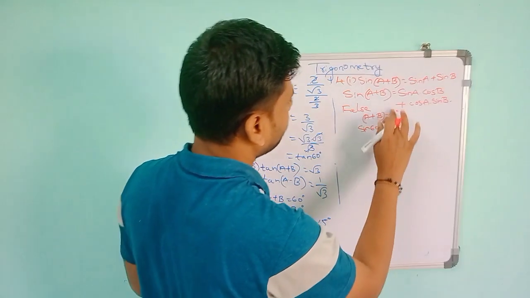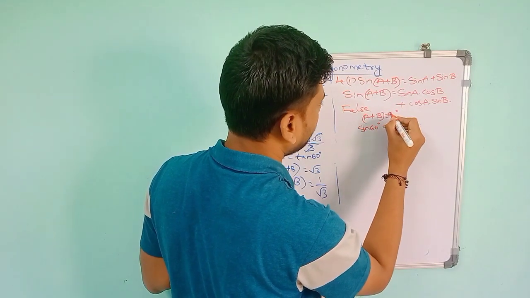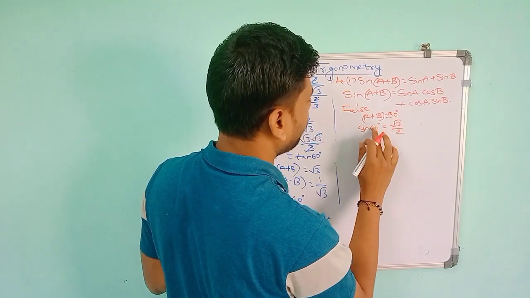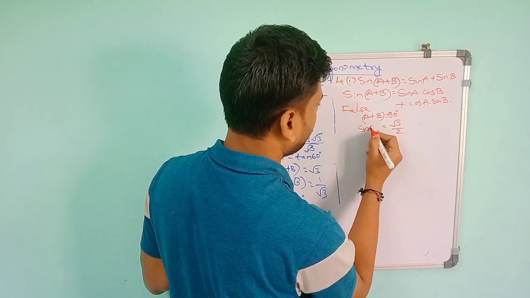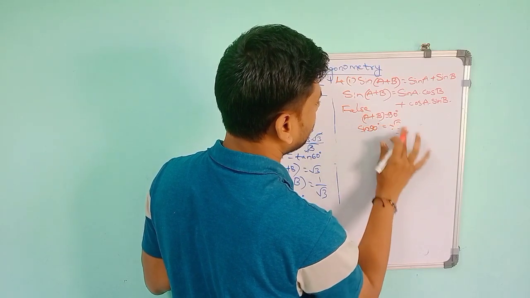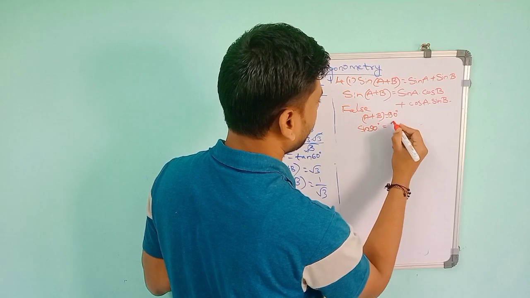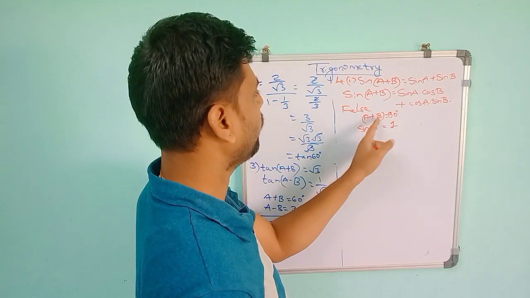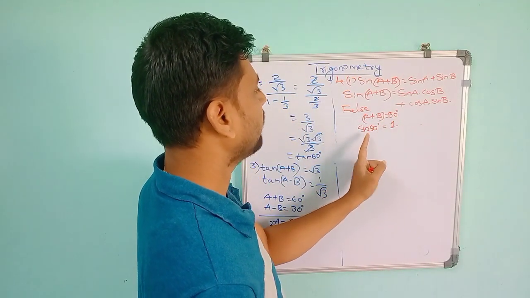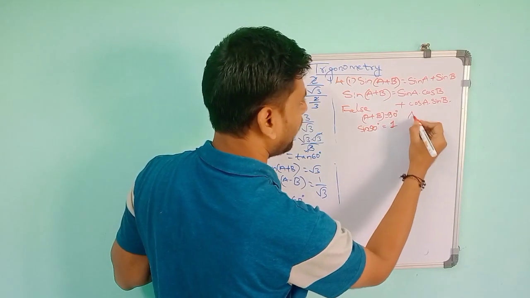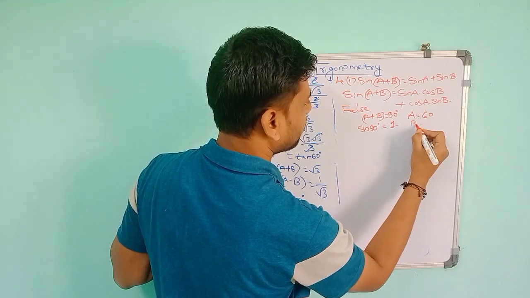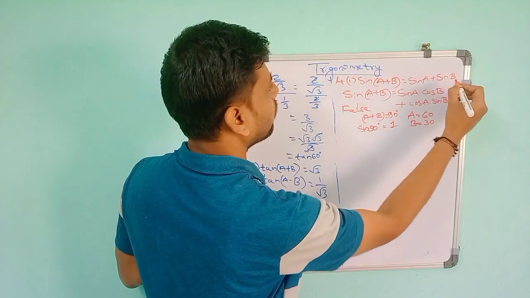So instead of 60, you can take 90 only. This is 90, so sin 90 value is 1. So sin of A plus B, where A plus B is equal to 90, means sin 90 is equal to 1. Like that, if you take A as 60 and B as 30, to prove this one,